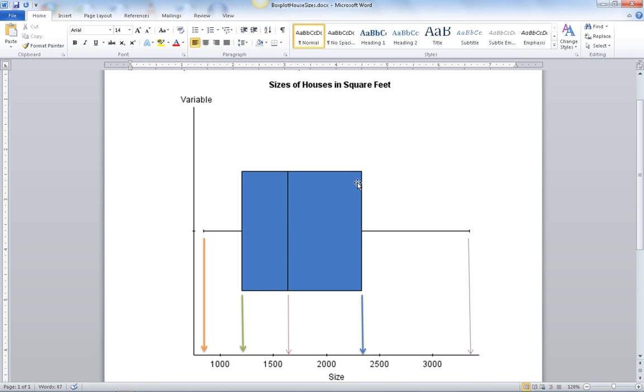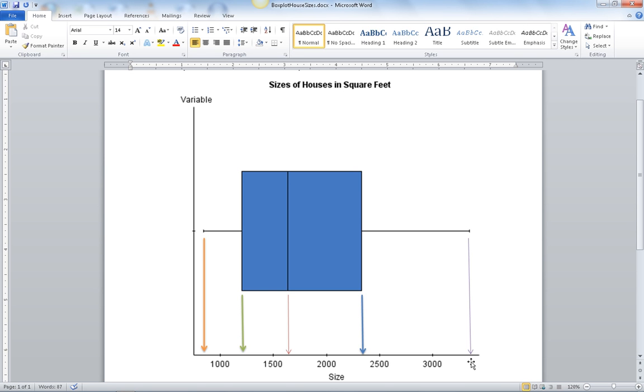The right edge of the box separates the next quarter of the data. So you've accumulated 1 to 3/4 of the data up to this point, and this might be at 2,400 square feet, for example. So then 3/4 or 75% of the house sizes would be less than 2,400 square feet, with 25% being more than that. And then the purple arrow on the very end is identifying where the largest house size is. And we can see that that is over 3,000 square feet, possibly at about